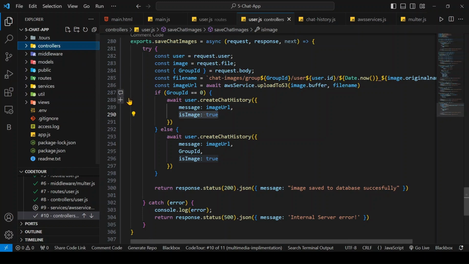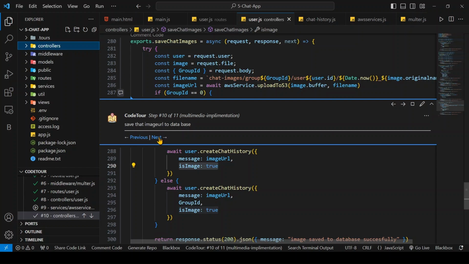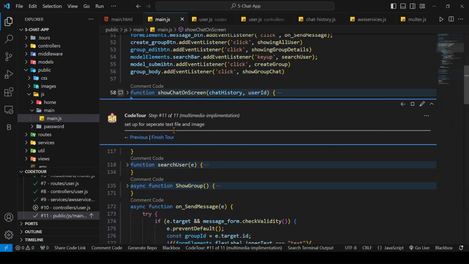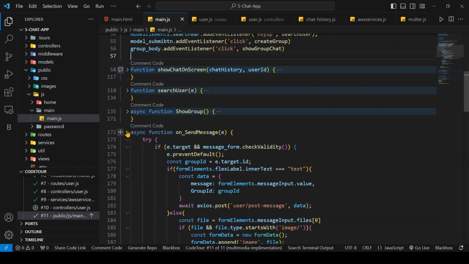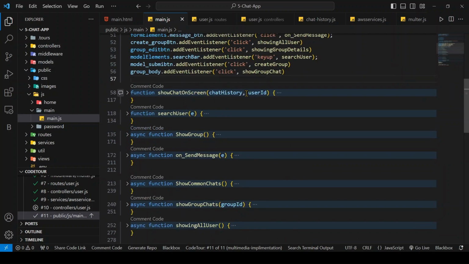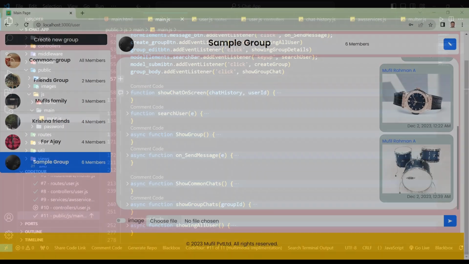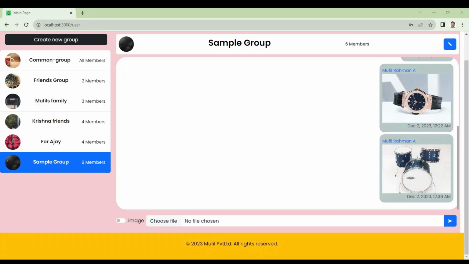So what we will do is go to the front end again, in the JS file. I have a function called showChatOnScreen. It will take a chat history and also the user ID. The user ID is the sender's user ID. You can see in my project, whenever you open a